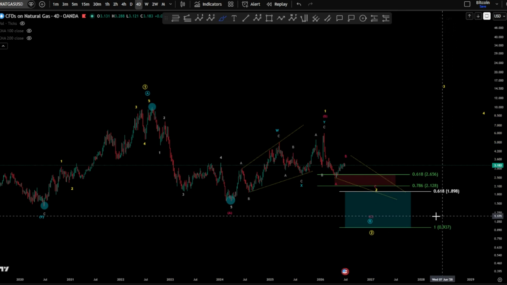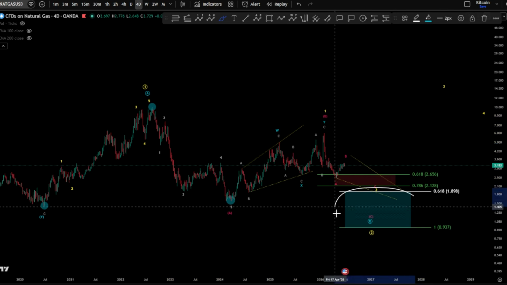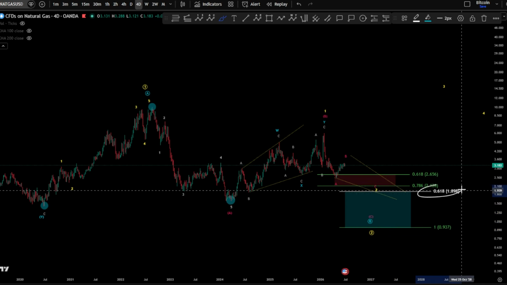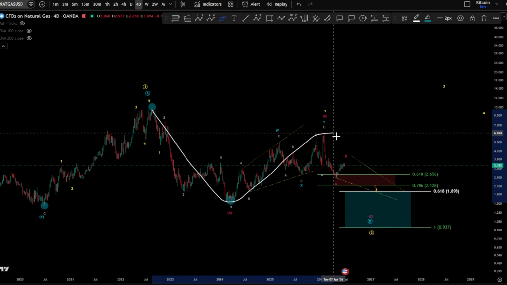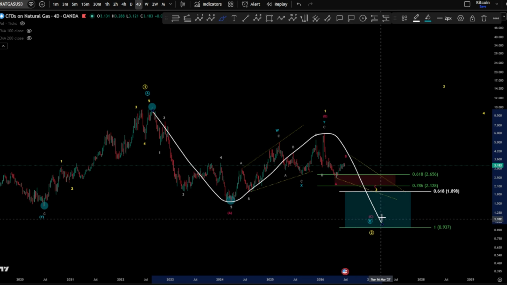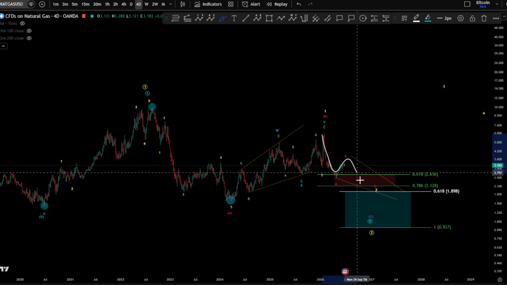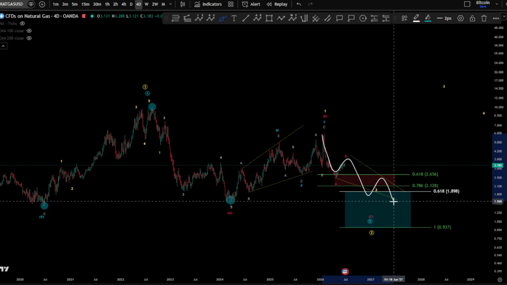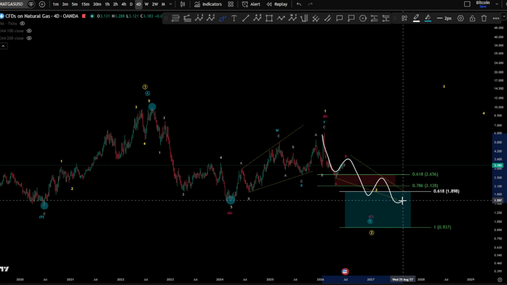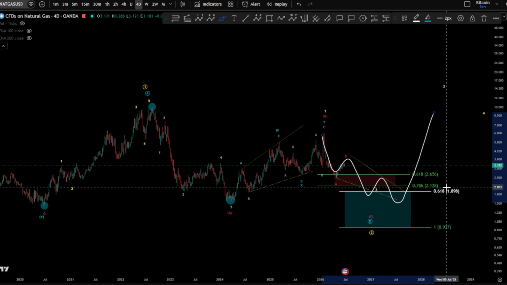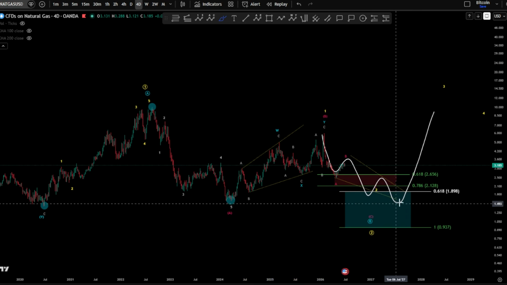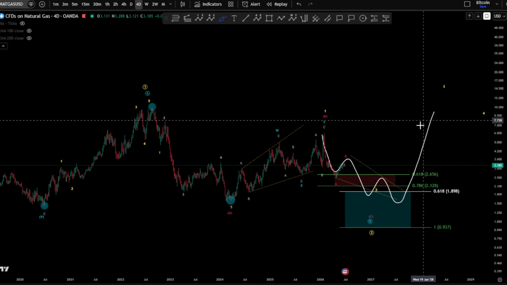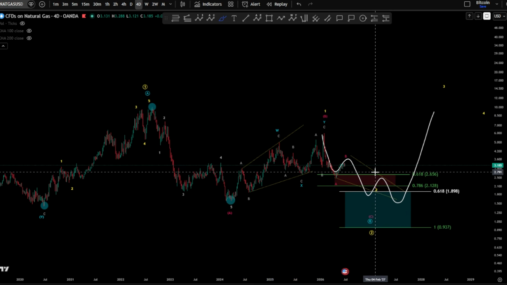And that's why we have a blue box here, which is the 0.618 and the 1.21 Fibonacci level taken from the A to the B to the C, potentially finish up. However, it can still finish here as a kind of like an ending diagonal, hitting only the uncommon target 0.618, taking the low there and then starting to push toward the upside. This is the closest scenario, I would say,